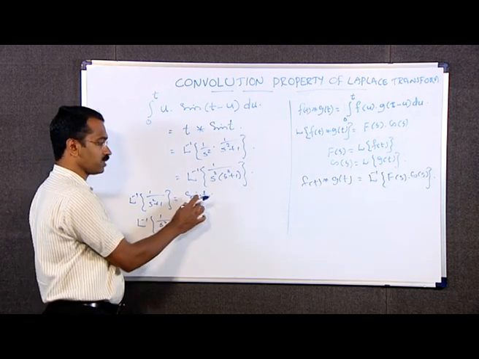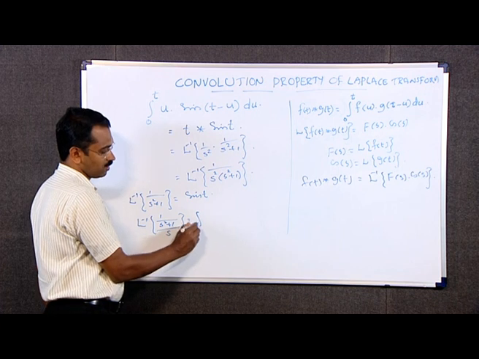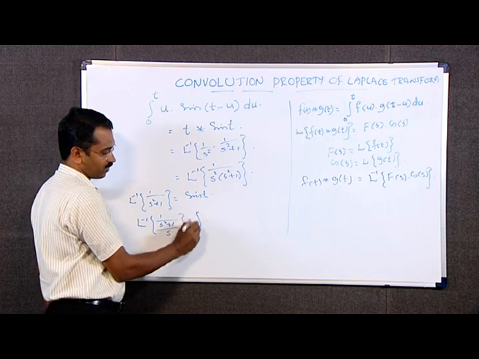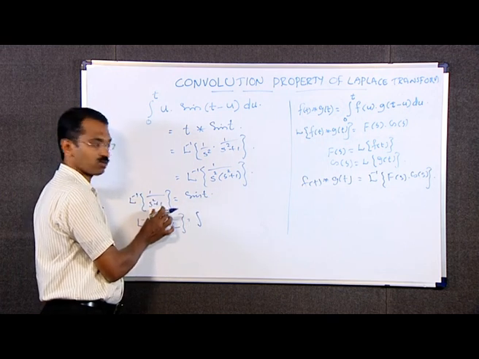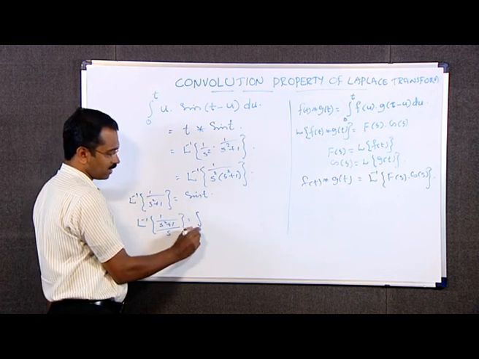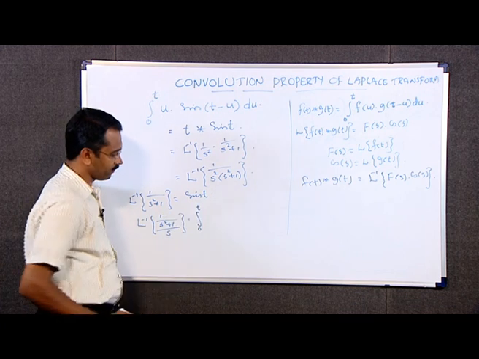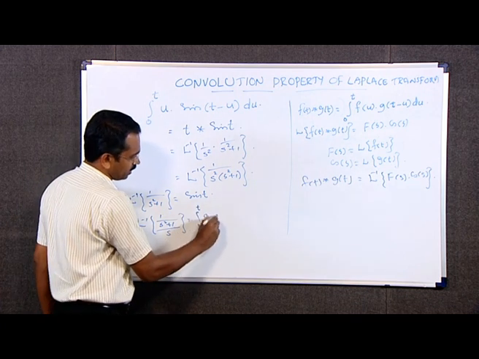Then corresponding change is, we can integrate this function, that is L inverse of 1 by s square plus 1, that is integral from 0 to t sin t dt,